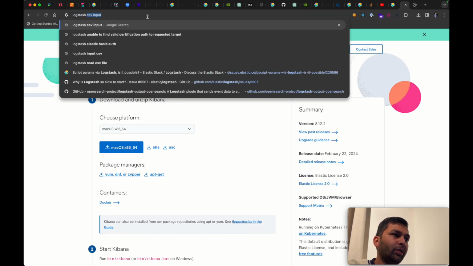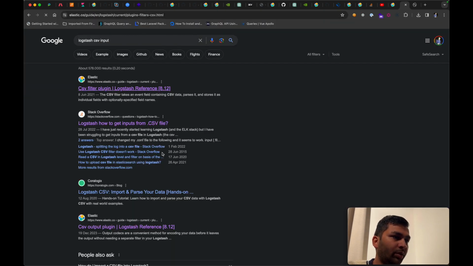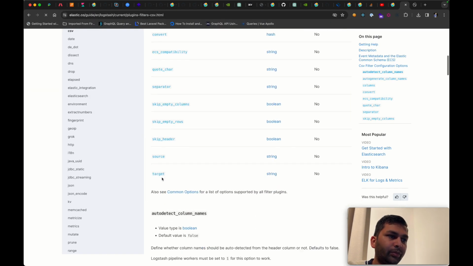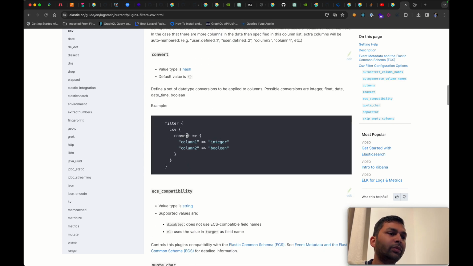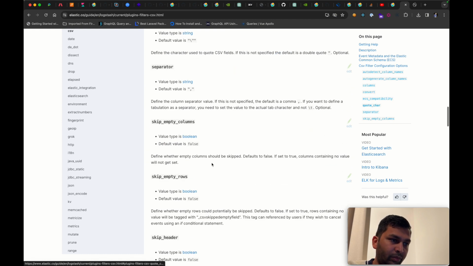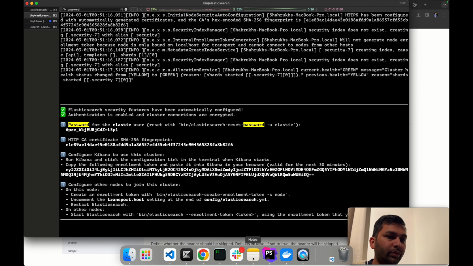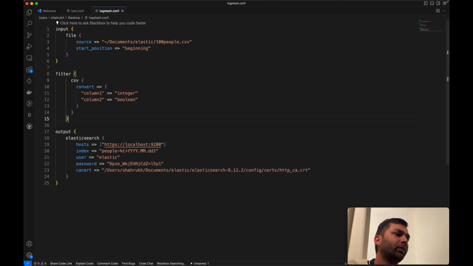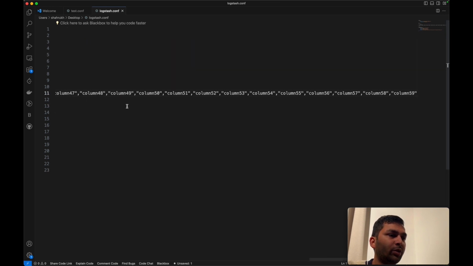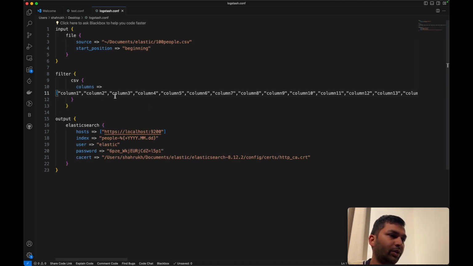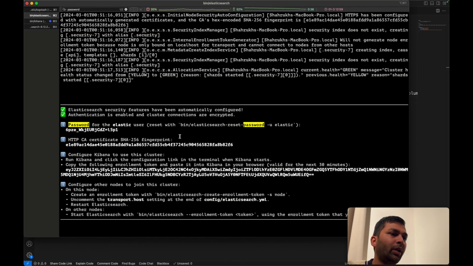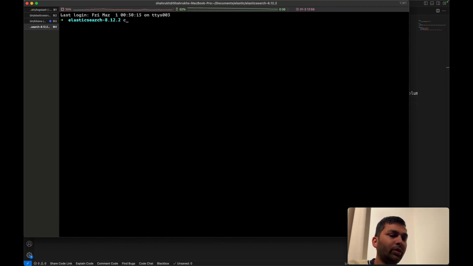Logstash CSV input and filter plugin. So what we do is we add a filter, CSV, and we don't need to convert anything. See, I have columns named column 1, column 2, and so on and so forth. So I will just save it right here, and now I will go into the Logstash